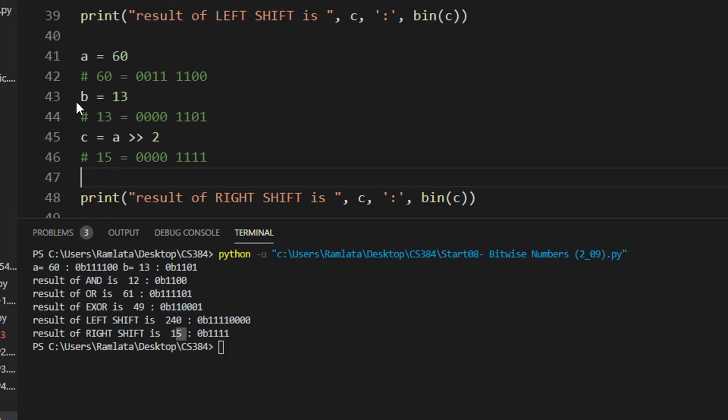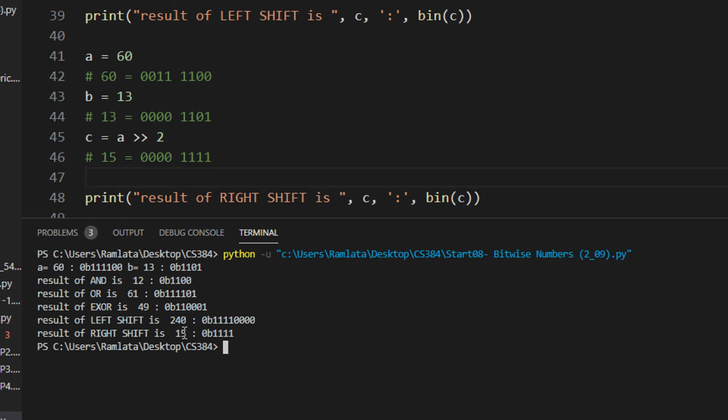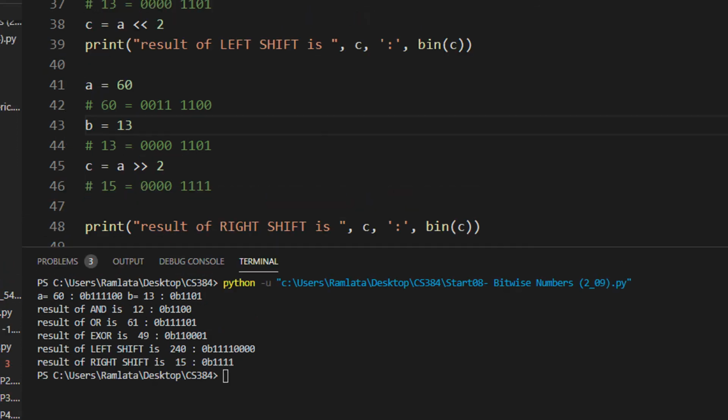One right shift is division by 2 technically. So it will be 60 divided by 2 raised to the number of bits. So for example, here it is 2, so I will have it 2. If here was 3, I will do it 3. Okay. So 60 by 2 squared is 60 by 4, which is 15, which is nothing but our final answer. That's it.